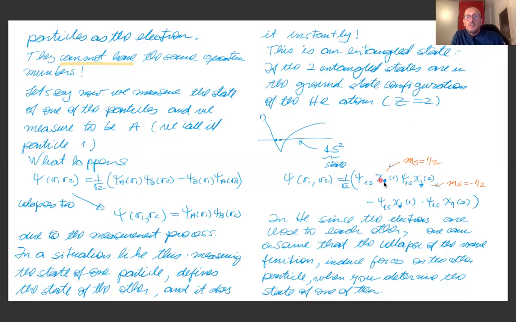There's some sort of separation of variables here. There's a wave function that has to do with the spatial component, and a wave function that has to do with the spinor component, with the spin component, and the product of the two in this way represents the actual wave function of one particle. Okay, so this thing here is ms equal 1/2, and this is ms equal minus 1/2,